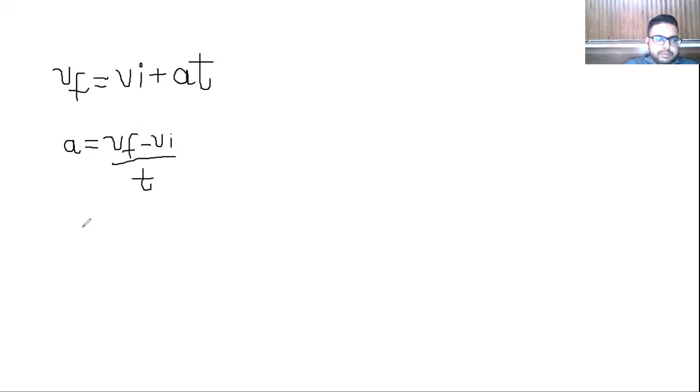Now if we rearrange this equation, you know that when we take this symbol here from the denominator to this side, it will be multiplying there. So it will become At, and this has become Vf minus Vi